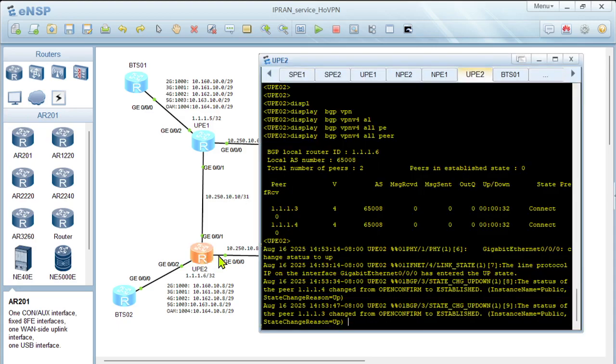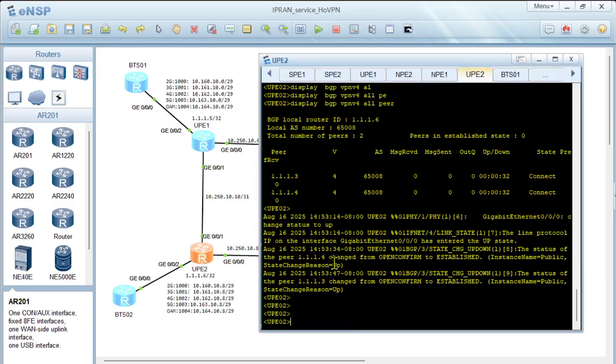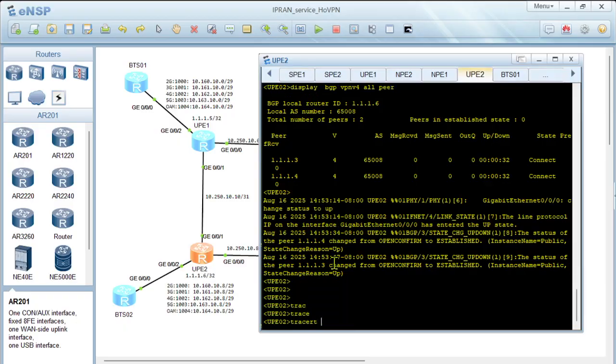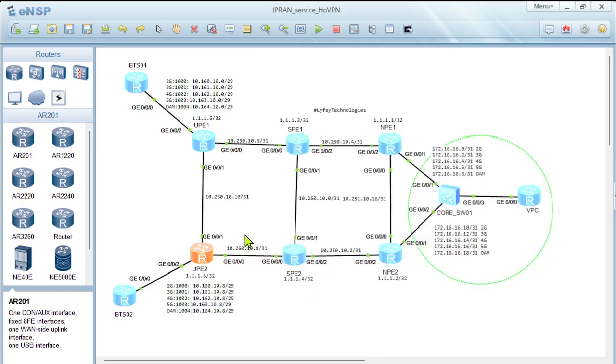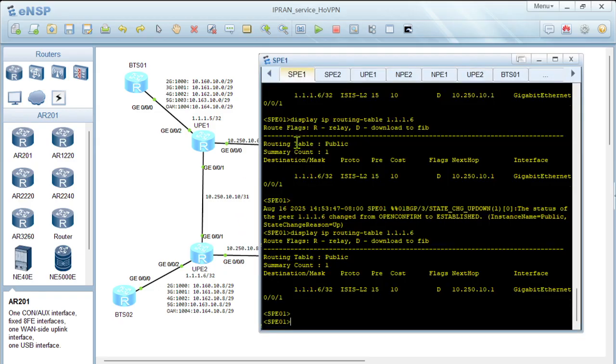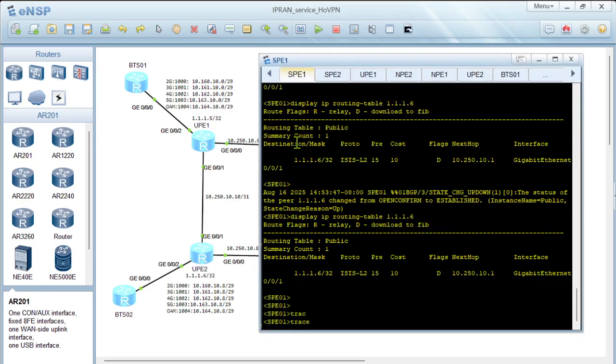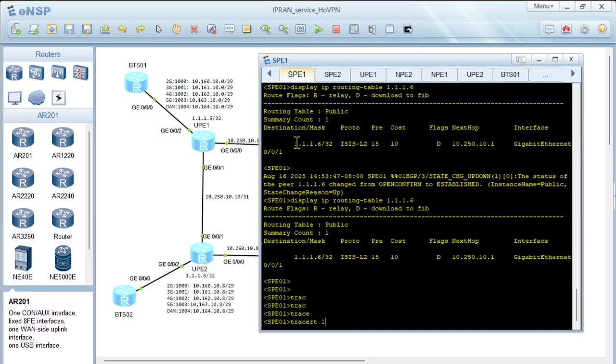Okay, if we do a trace right now, remember we did a trace also. Let's do a trace 1.1.3. So it goes to 10, then 10.6, which is this interface. On this one, if we trace 1.1.1.6,